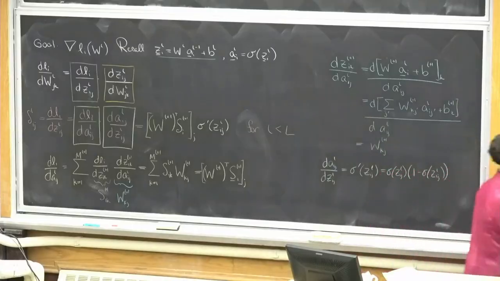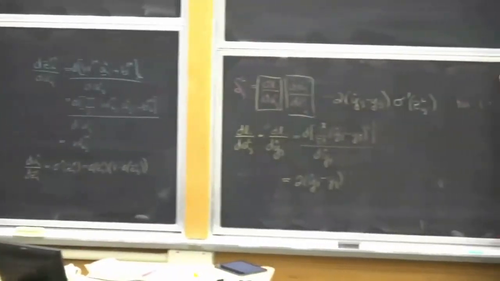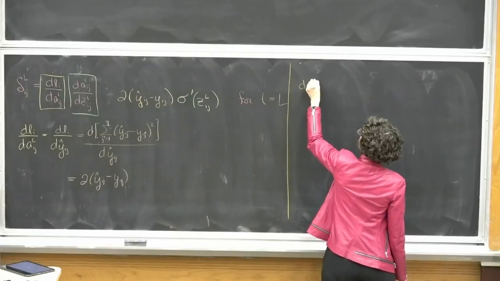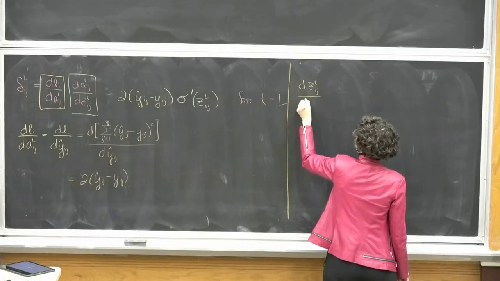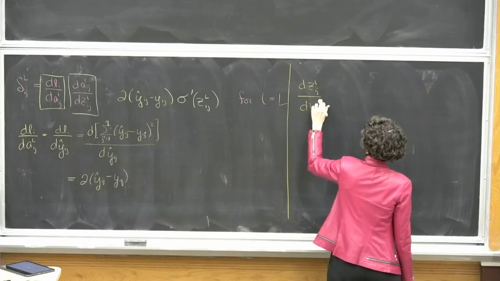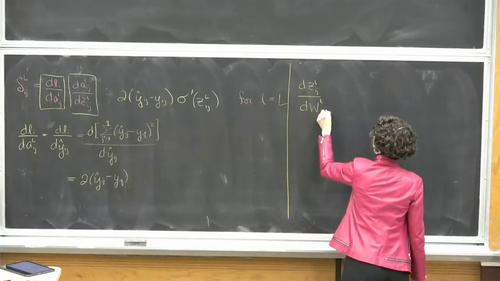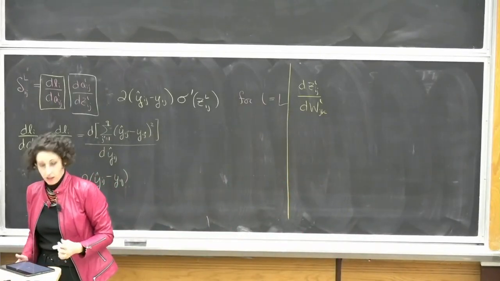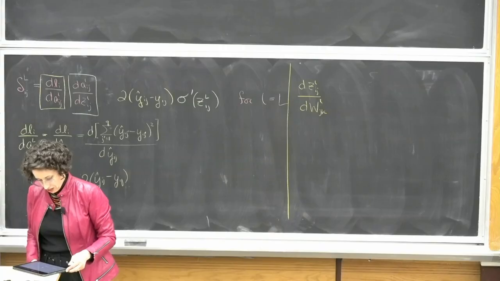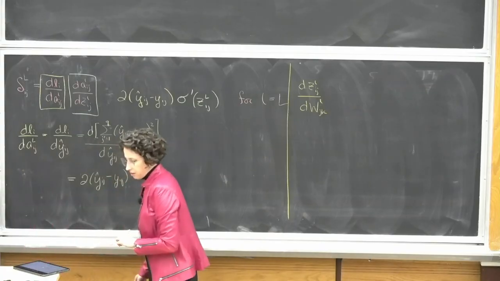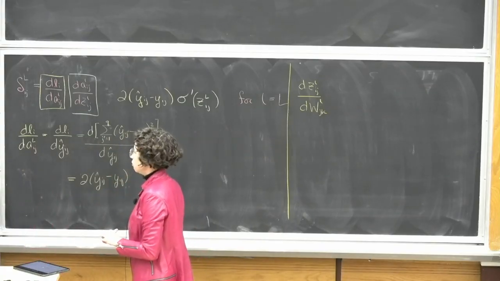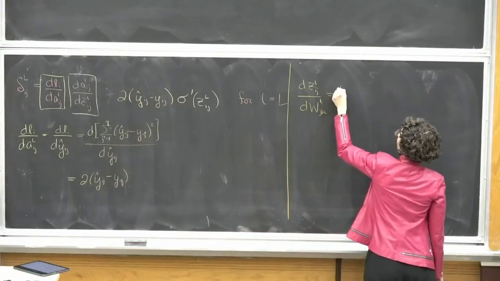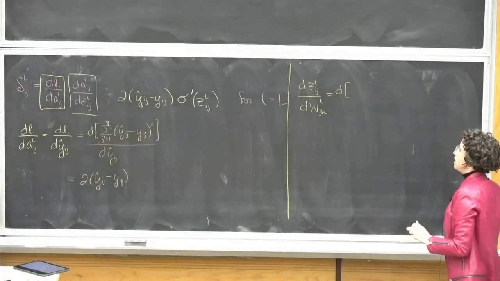So coming back over to this board, we now want to compute the derivative of z_ij^l with respect to W^l_jk. Okay, so now we need to compute this derivative. Things are going to get a little bit easier and less tedious from here. And in particular, we are going to use this master equation again and remind ourselves that when we think about